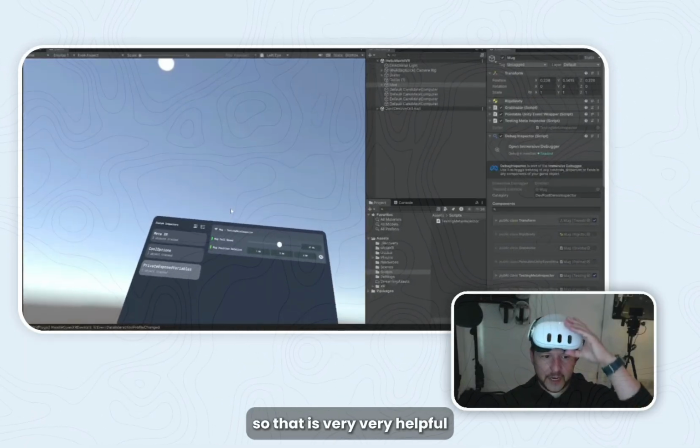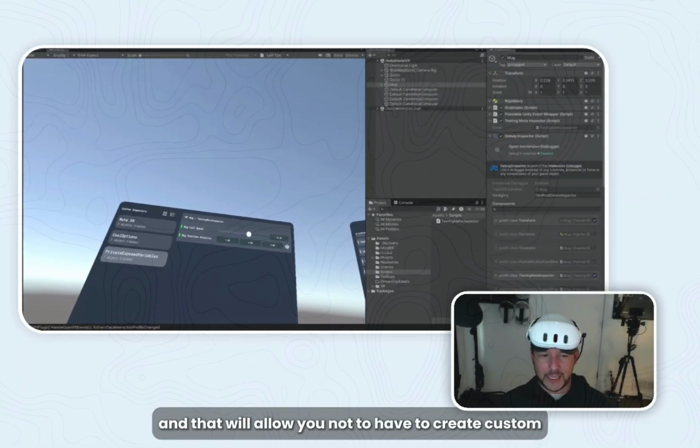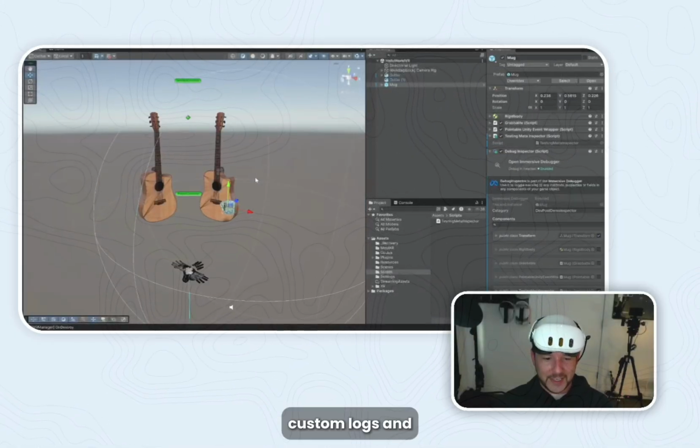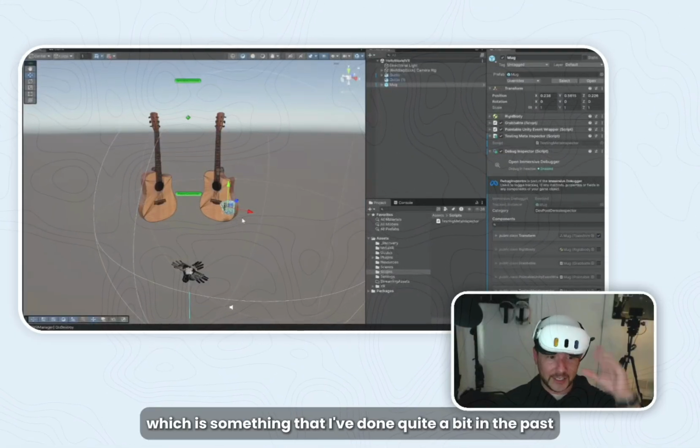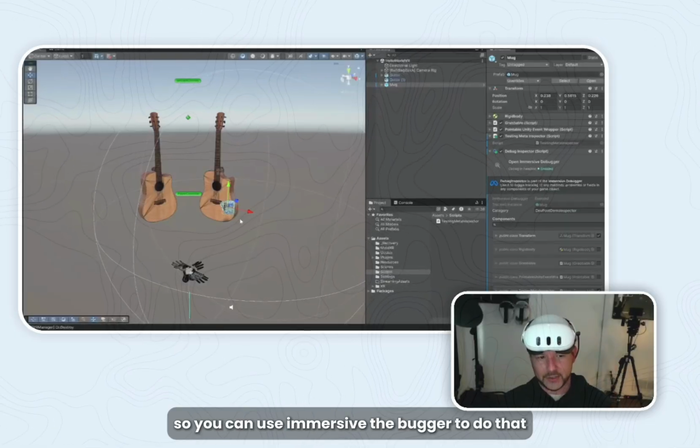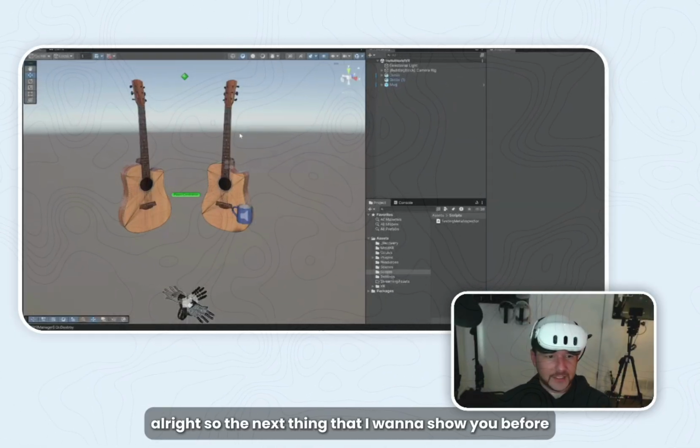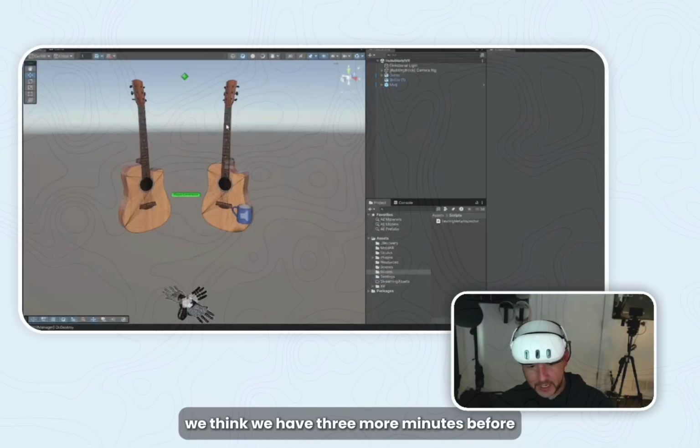So that is very, very helpful, and that will allow you not to have to create custom logs, which is something that I've done quite a bit in the past. So you can use Immersive Debugger to do that. All right, so the next thing that I want to show you, before I think we have 3 more minutes before questions,